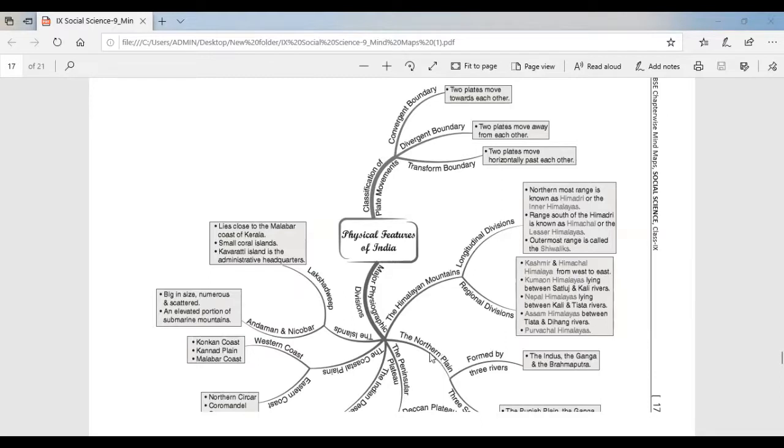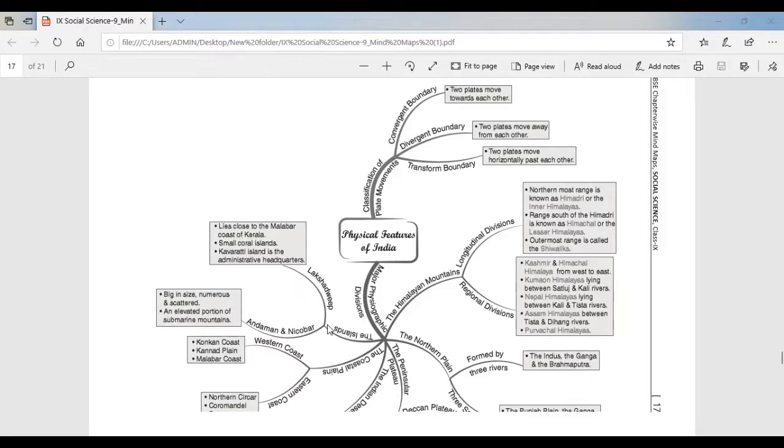The third physiographic division is the peninsular plateaus. The fourth is the Indian desert. The fifth physiographic division is the coastal plains. And the sixth physiographic division is the islands, the island groups.